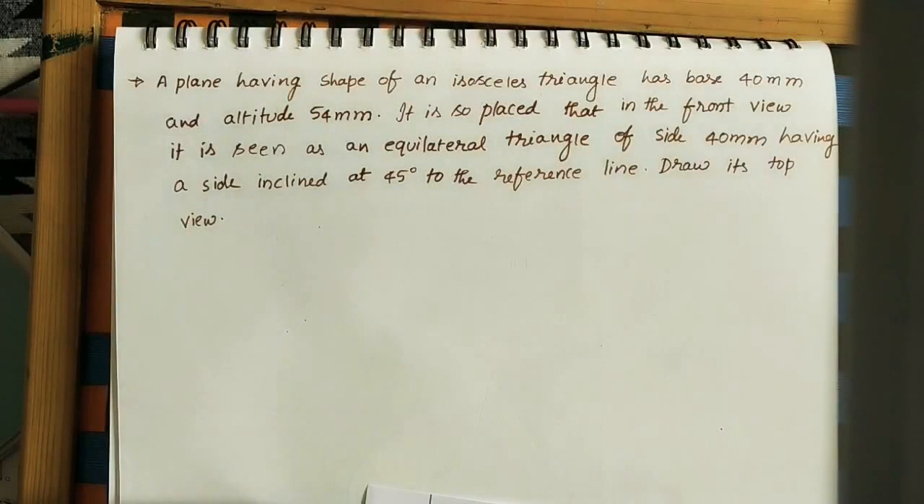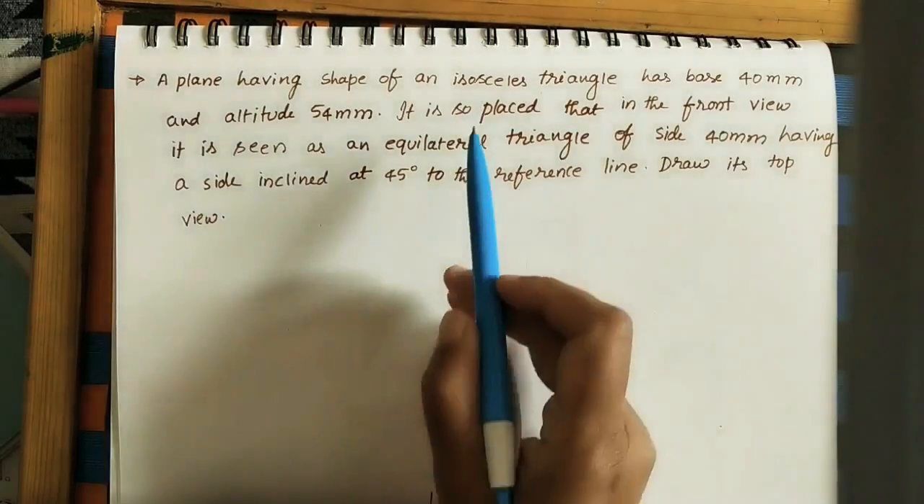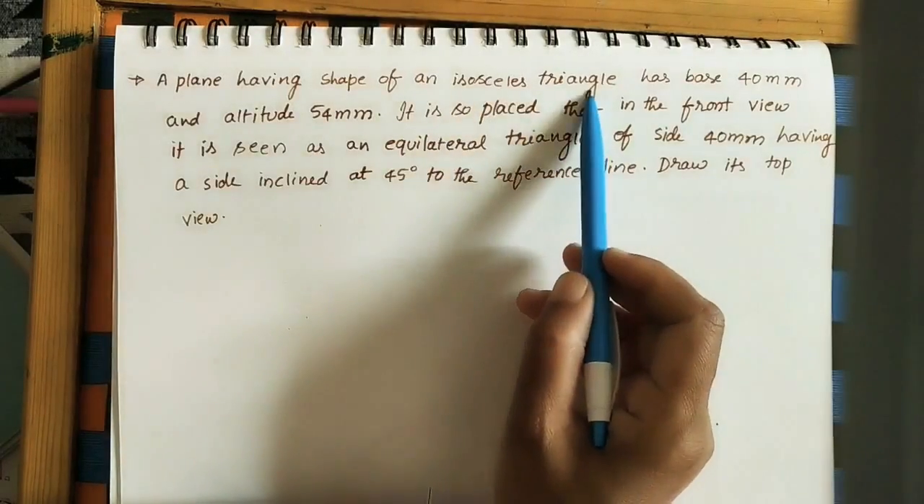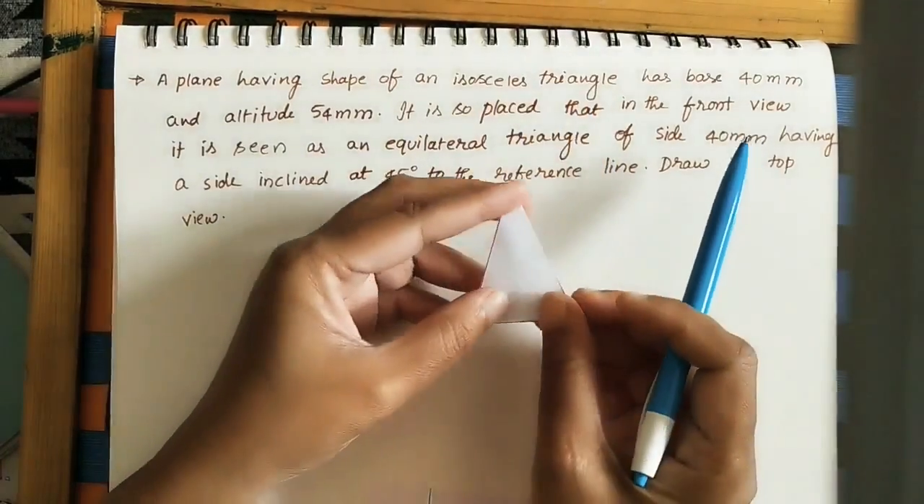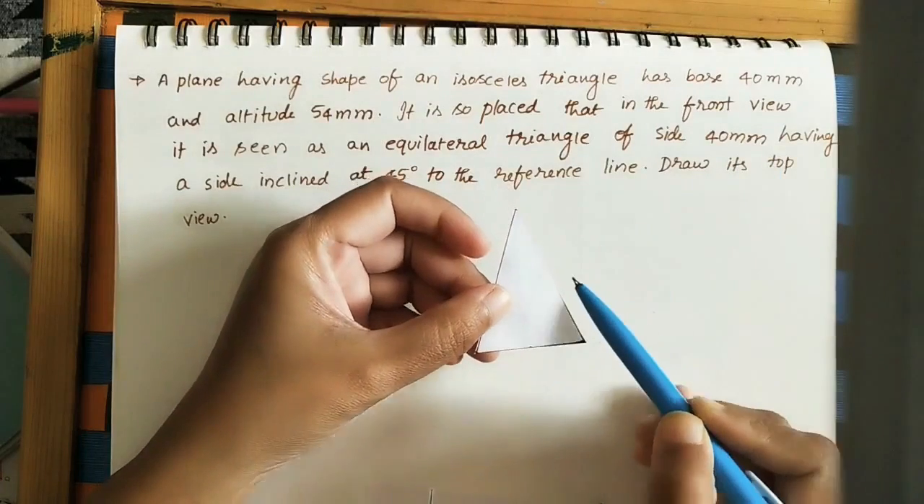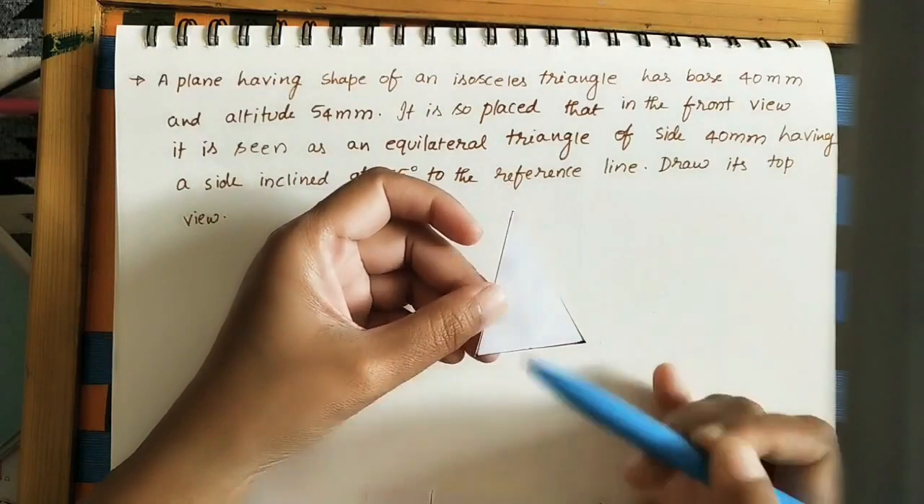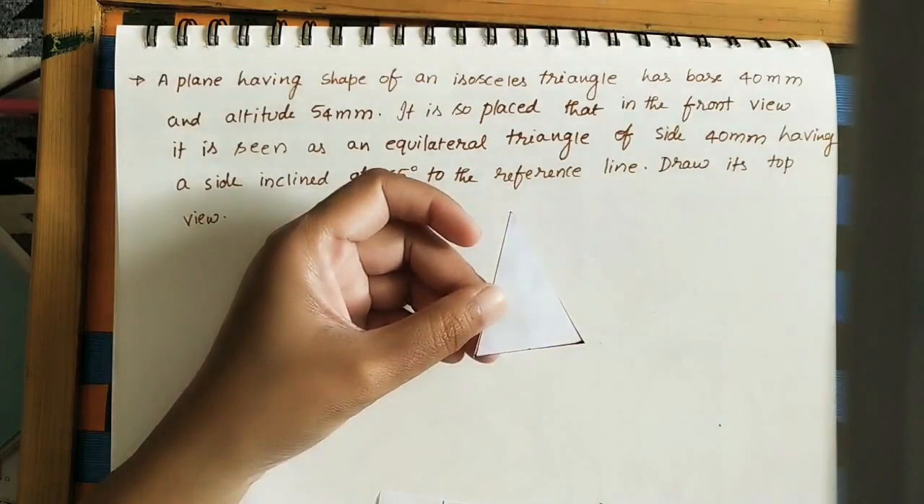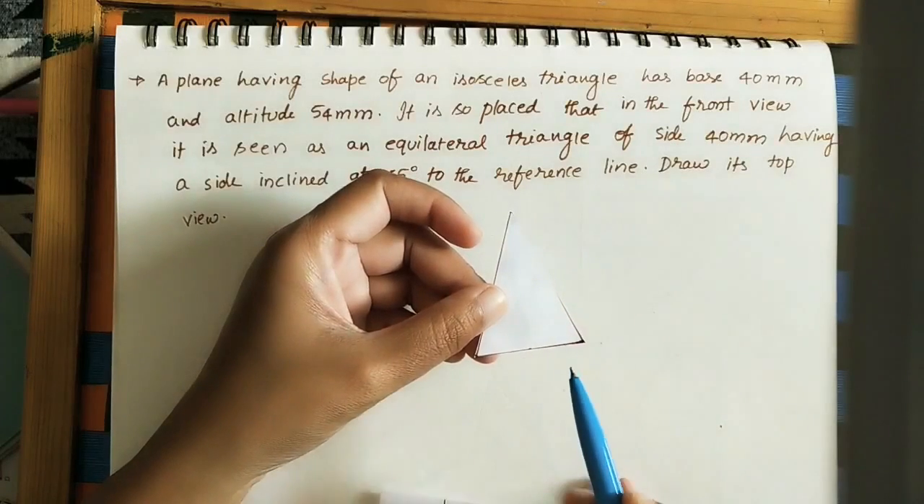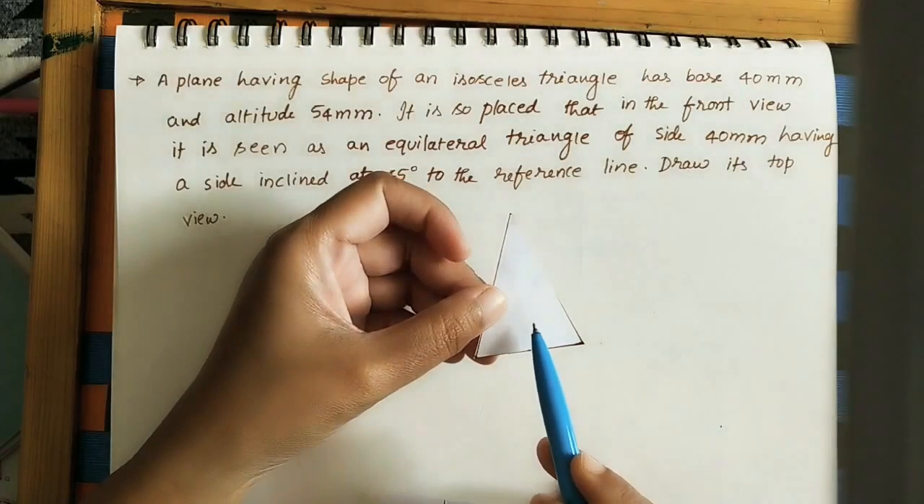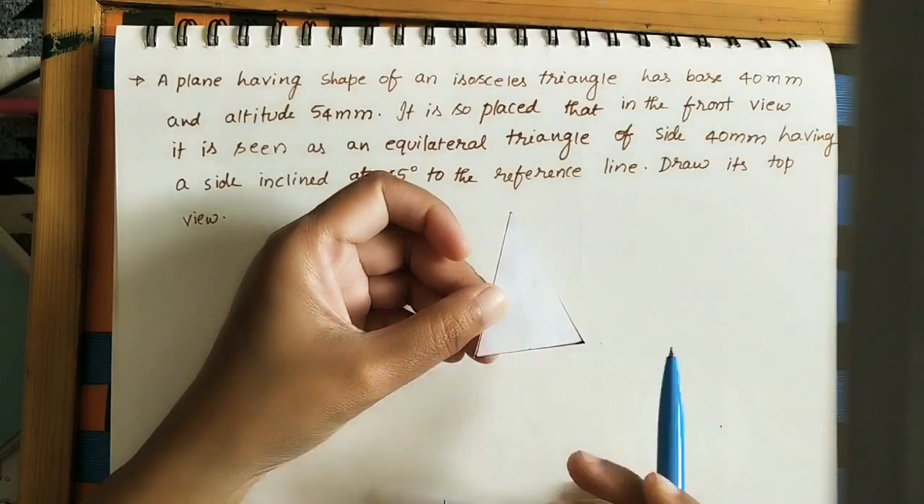In today's class, let us discuss how to do the projections of a given plane, that is an isosceles triangle. Here, isosceles triangle means I am taking this isosceles triangle. It has two sides of equal length. This length and this length have the same value compared to the third side. So this triangle is called an isosceles triangle, and we are calling this a plane because it has no